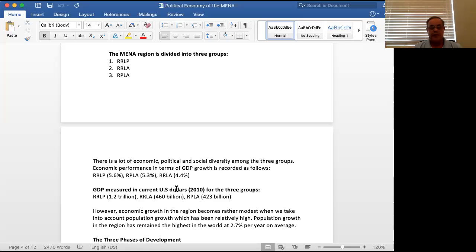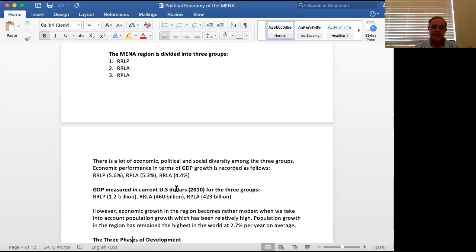And this is the problem that the region is facing right now. Now it has led to a lot of civil wars in certain countries. It has led to a lot of infighting, social strife, and